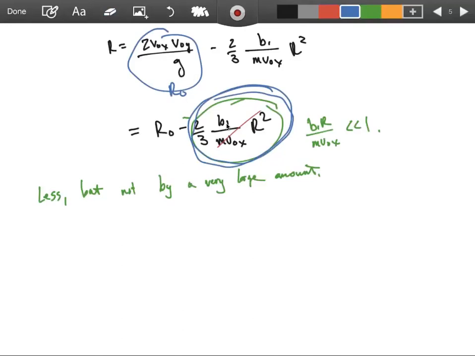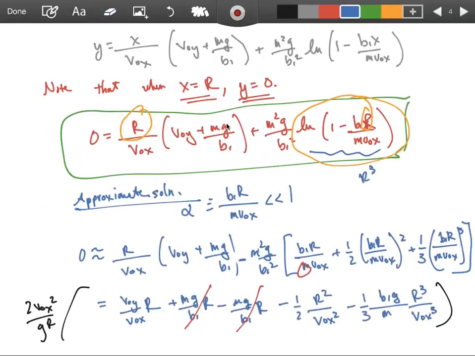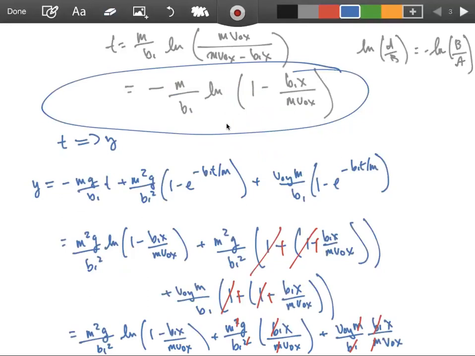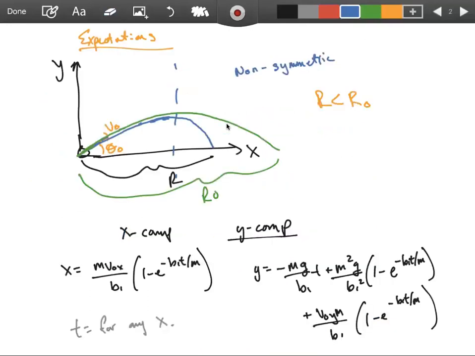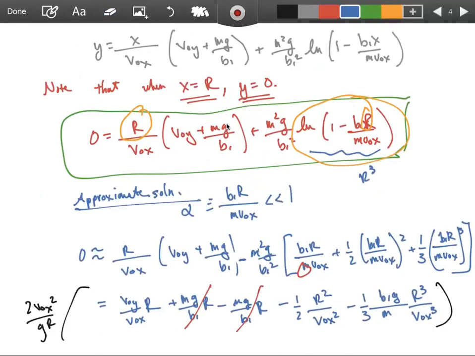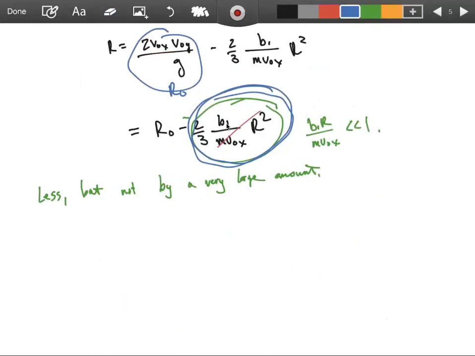So ultimately, all this means, going back to our picture, is that this thing is not going to travel as far. It is going to taper down and it's going to look something like this. Probably not as extreme as what I drew. It's only in the case where B1 becomes much, much bigger. But this is matching our expectation. Good. So this is then the range equation, using the linear acceleration to look at how this thing is actually decreasing over the range at which it travels due to this linear